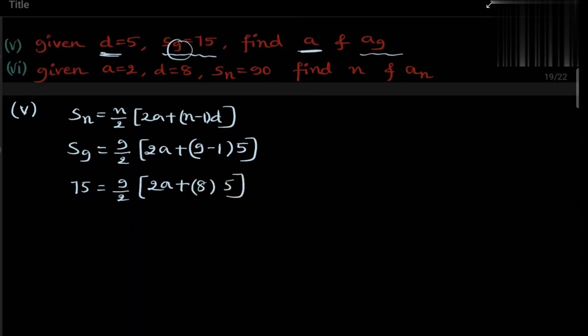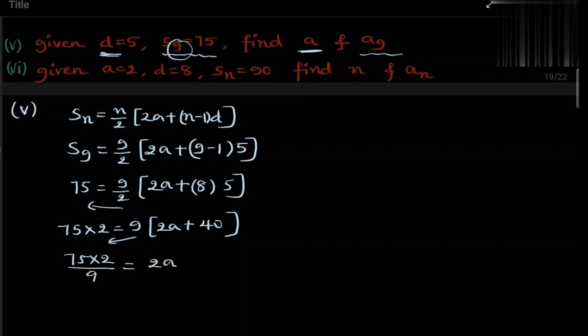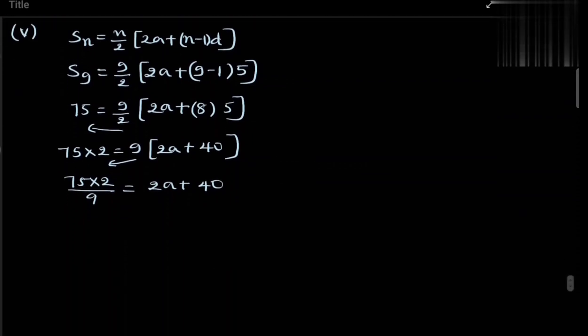Here cross multiply 2 to this side. So it will become 75 into 2 is equal to 9 into 2a as it is, 8 5s are 40. So move 9 to this side, it will become 75 into 2 divided by 9 is equal to 2a plus 40. Next, here 3 3s are 9, so 3 25s are 75. So remaining here is 25 into 2 divided by 3 is equal to